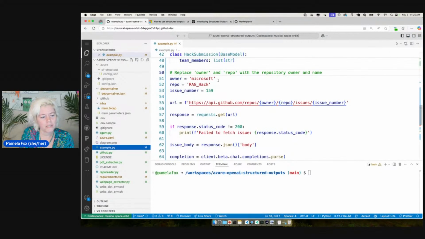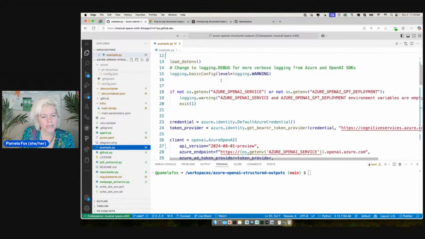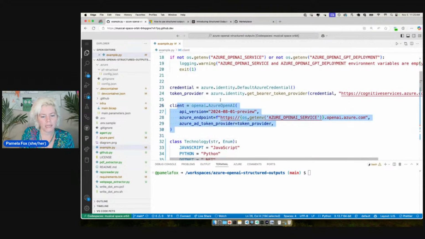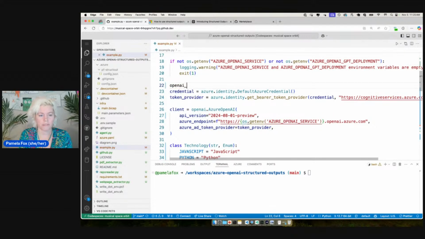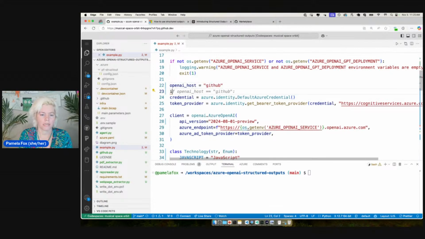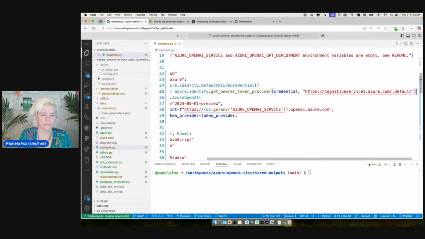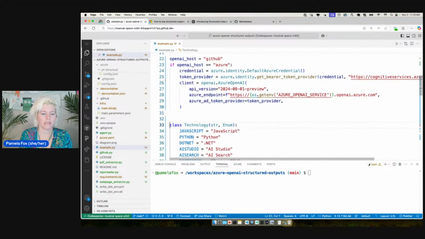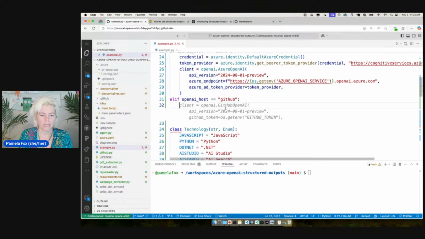All right. So right now, you can see here that I create this Azure OpenAI client, and I'm using keyless authentication. I don't have to log into that. If I wanted to use GitHub, I'll just start at the top here and say OpenAI host equals GitHub, and just do a little if. So if OpenAI host equals Azure, then we're going to do all this stuff. But if not, if it equals GitHub, then we're going to do,